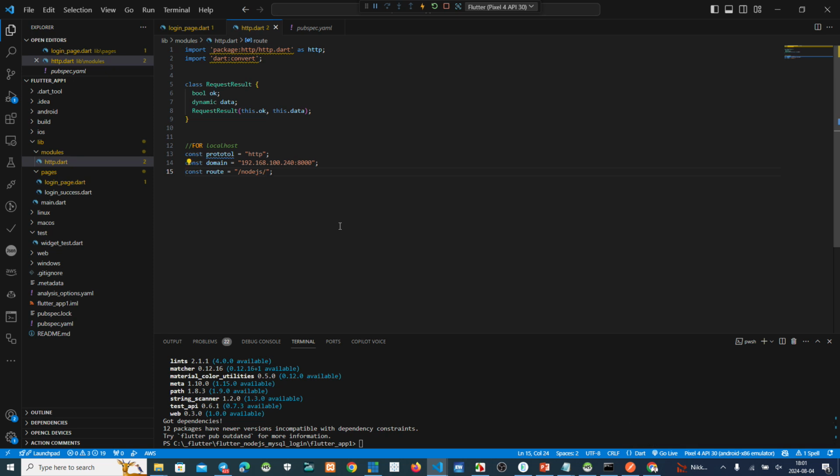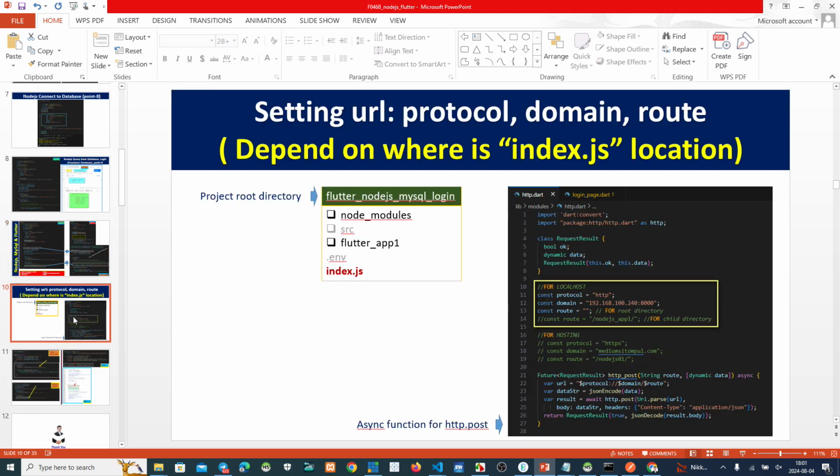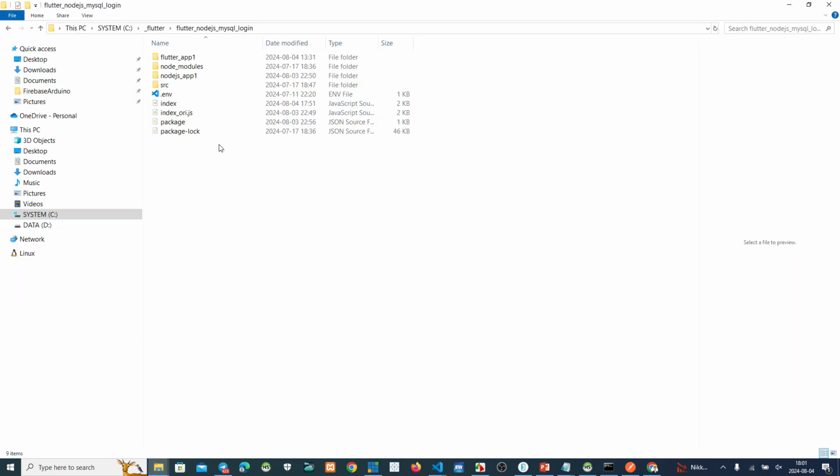But if you don't use root, you put your script on this one, I mean, moment please. This is a project root directory. Yeah, we can see this one. This is a root project directory.